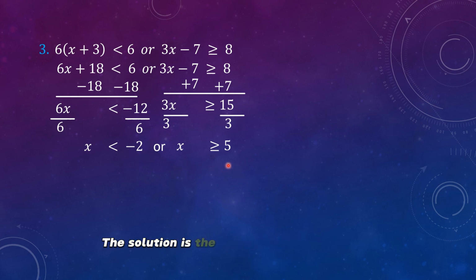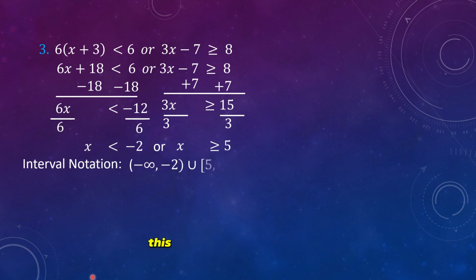The solution is the union of all real numbers less than negative 2 and all real numbers greater than 5 including 5. In interval notation, this is written as parenthesis, negative infinity, comma, negative 2, parenthesis, union, bracket, 5, comma, positive infinity,